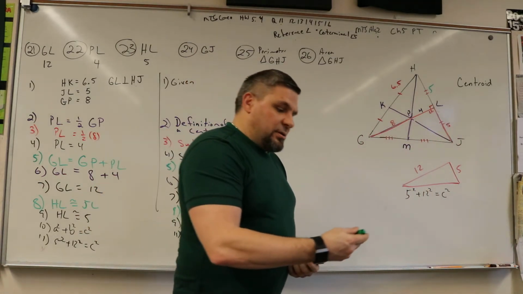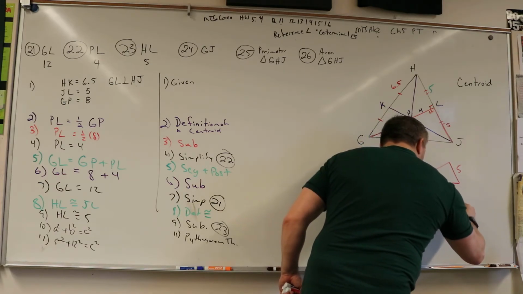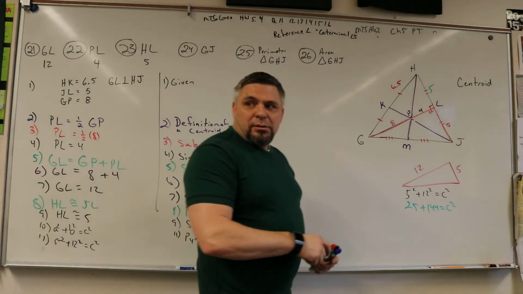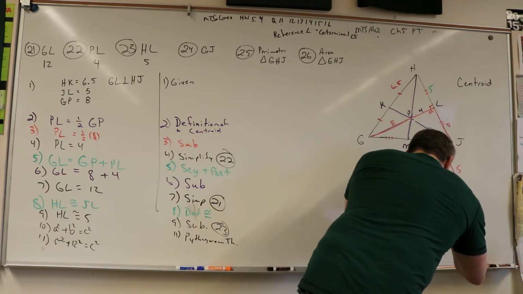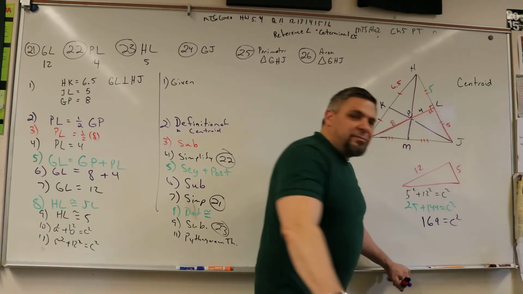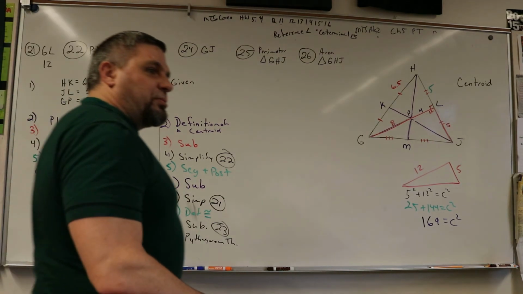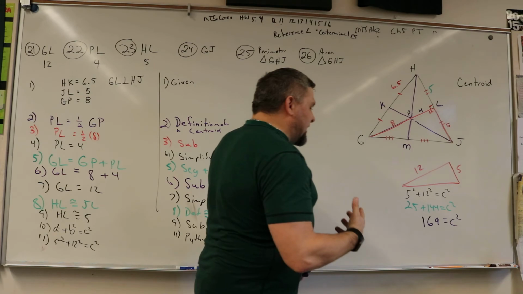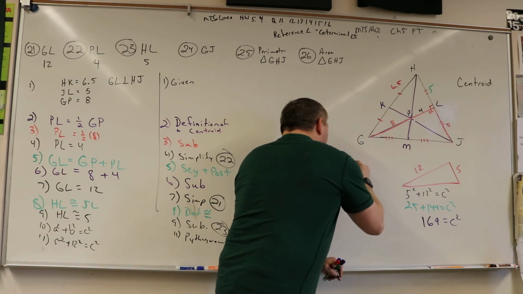So then what's 5 squared? What's 12 squared? And what's 144 plus 25? Come on. 169, my favorite number, because when you square root it, it's a perfect square. What is it? Square root of what? The reason I like 169 is because when you look at 169 and then you look at 196,